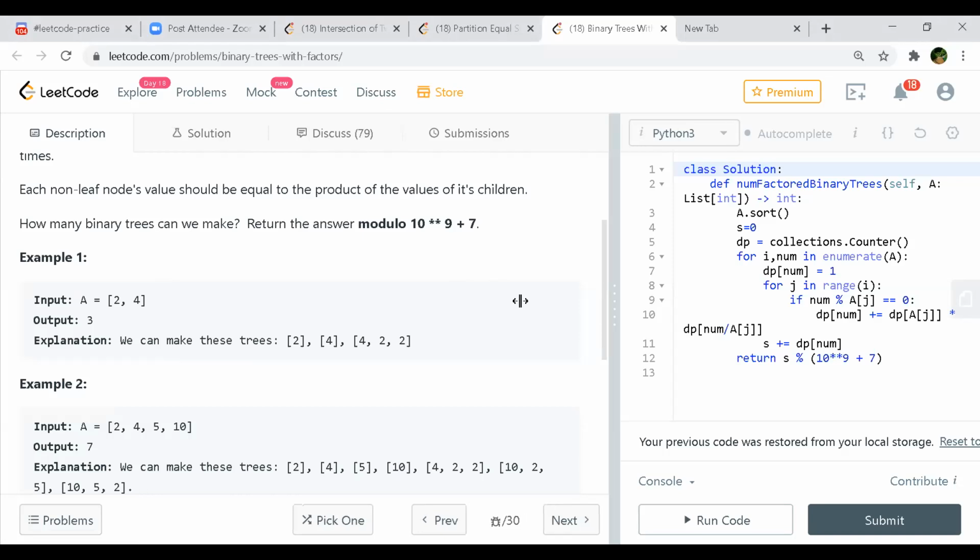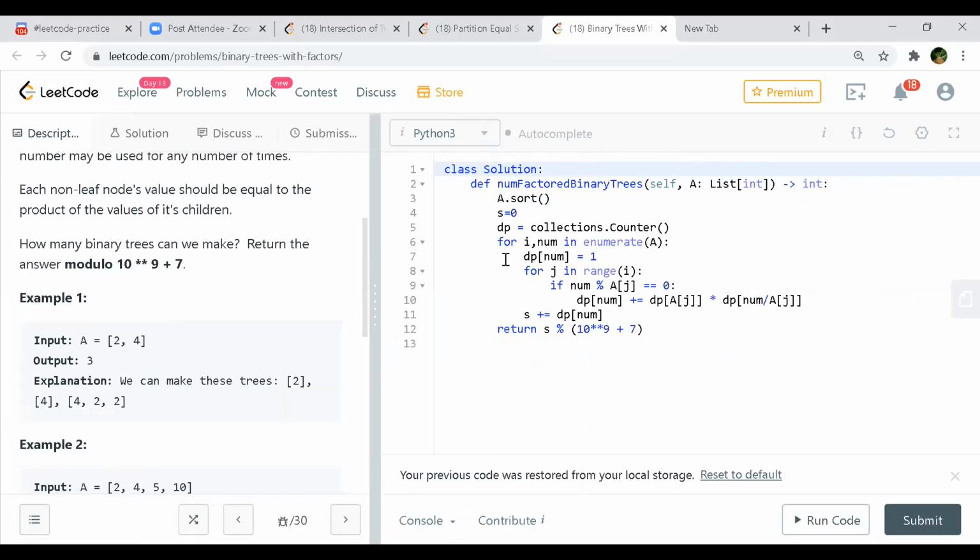Sure. It's on the same grounds. First of all, we are sorting the numbers, and this is the final sum that will be returned, how many trees are formed, and creating a dictionary. We are going through each of the numbers along with the indices, and every number alone is itself one tree, like 2, 4.